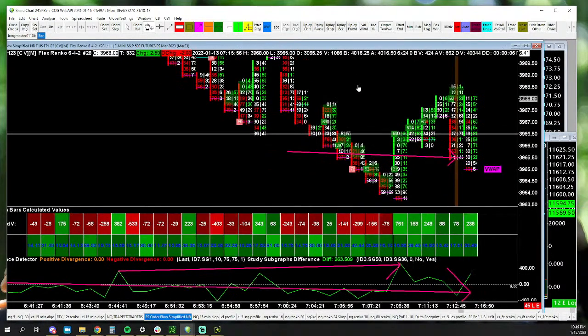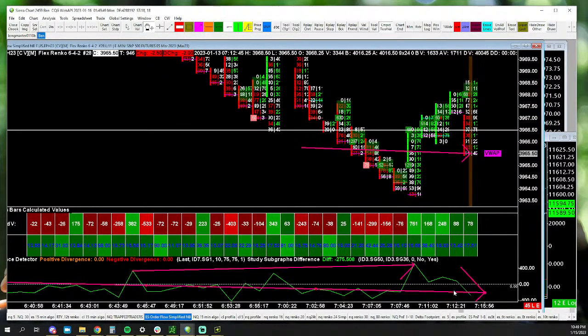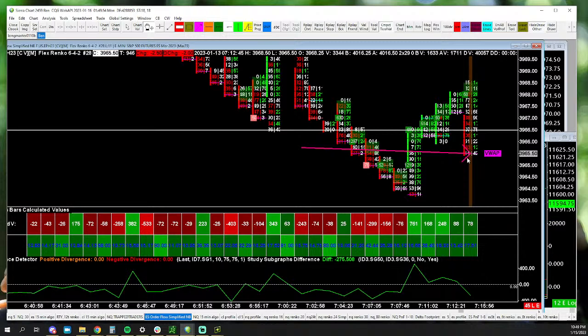Look, after this move, look what happens to that line in the sand. So let's say you sold here and you're like, I think it's going a lot lower. You have no other information other than this indicator, and you're like, hey, every time it makes any kind of divergent high, I'm just going to sell it because I'm an aggressive trader. That's okay, but realize that when they retake this, you need, like I said, you need to exit, because you're basically anticipating a breakdown.